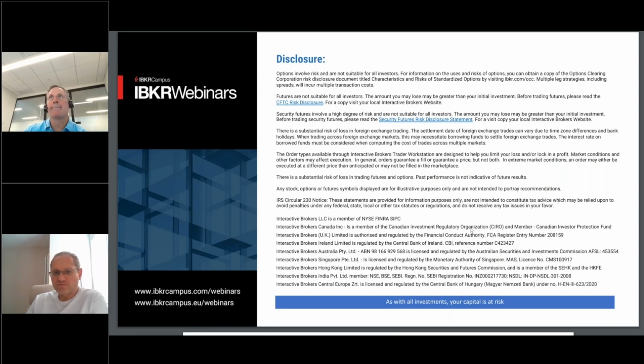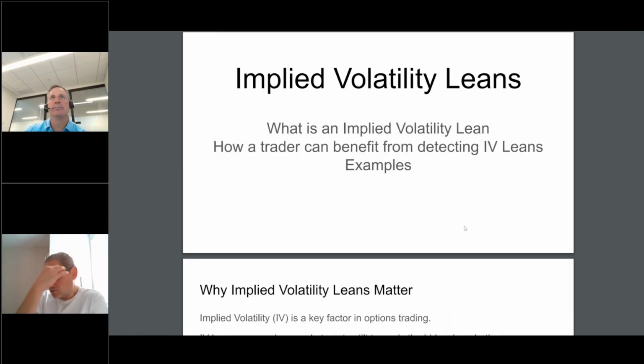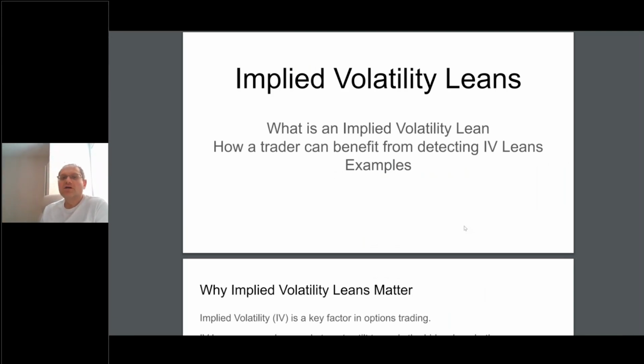And I'm going to move on from the disclosure here. And what we'll do today is we'll talk about what is an implied volatility lean, how as a trader you can detect it and the benefits of an implied volatility lean. Then we're going to go to the Market Chameleon website on the options chain and show examples and what it actually looks like. And then we're going to leave 20 minutes at the end just for questions. So let's start out with an